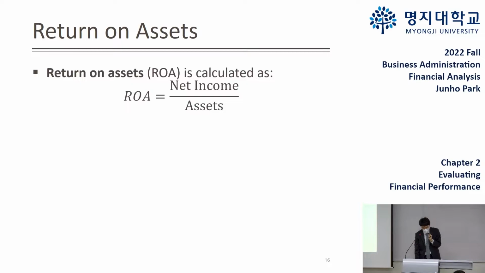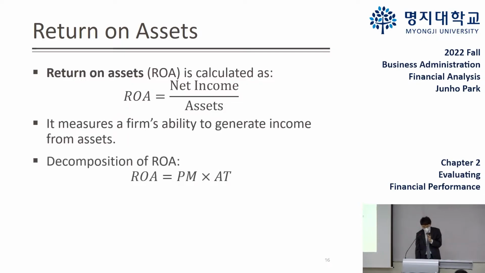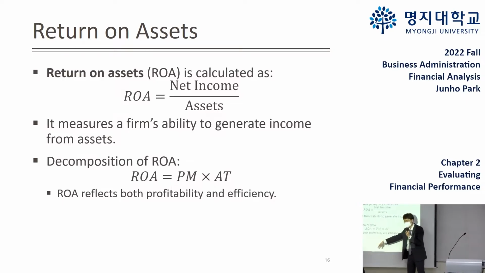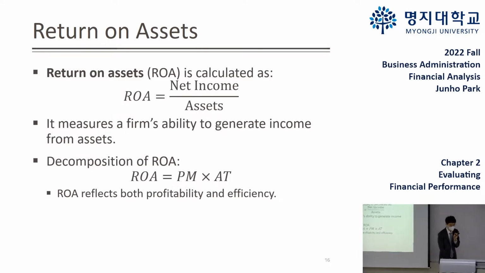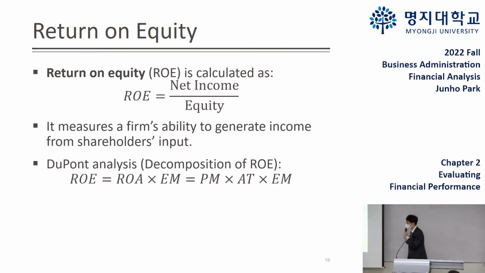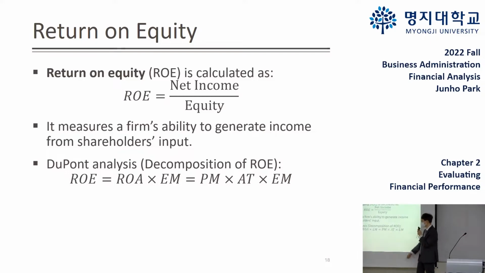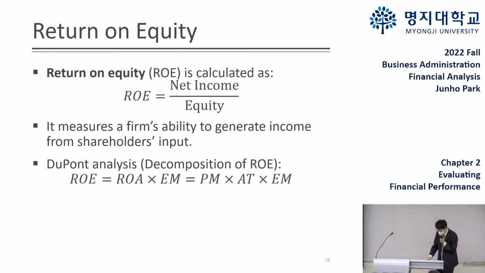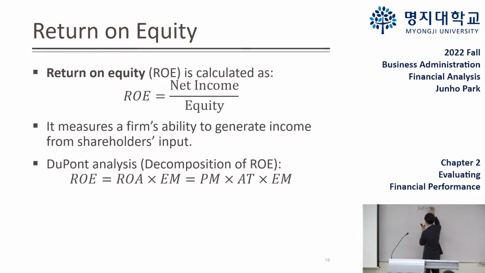And one thing that you should know before we go further is that we can decompose ROA and ROE into 2 or 3 components. So ROA can be calculated as profit margin times asset turnover, and ROE can be calculated as the triple multiplication among profit margin, asset turnover, and equity multiplier. It is very simple, so let me just briefly show it mathematically. So ROE is